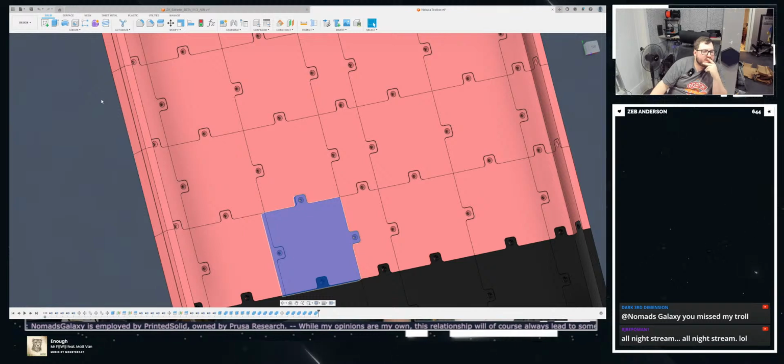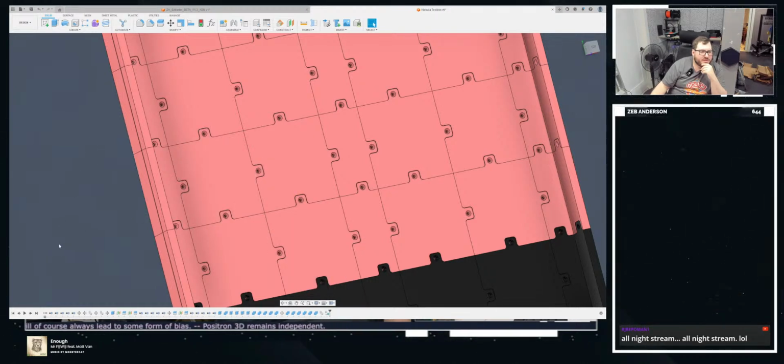Well, let's copy this real quick. Paste. Cancel. Create components from body. There we go. We're going to isolate this.